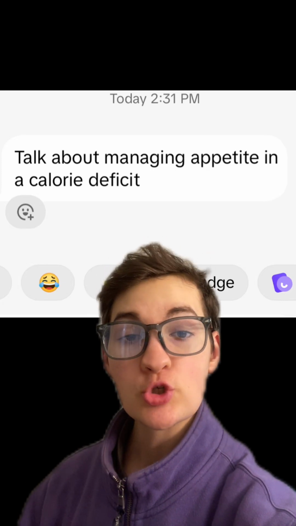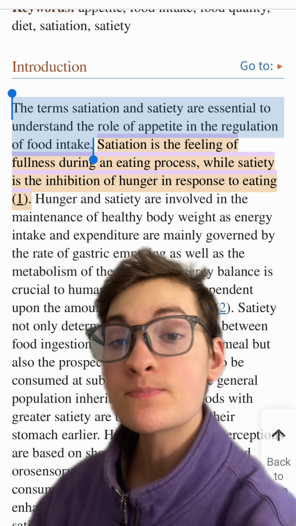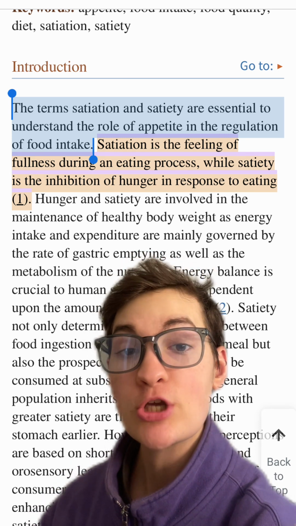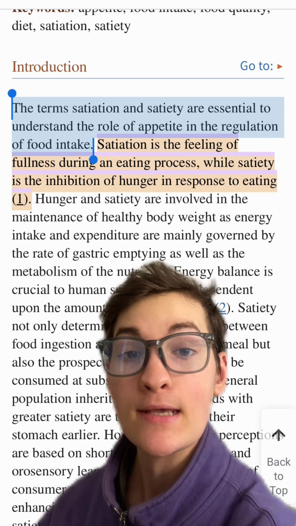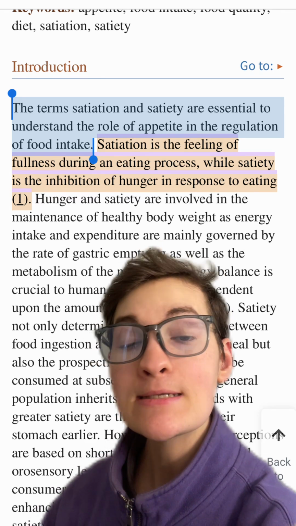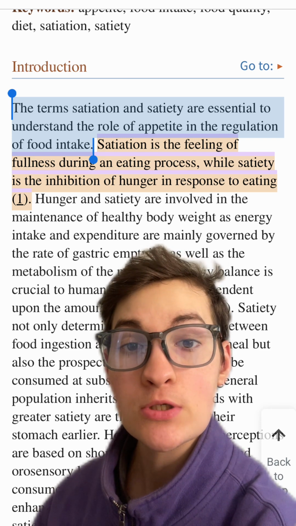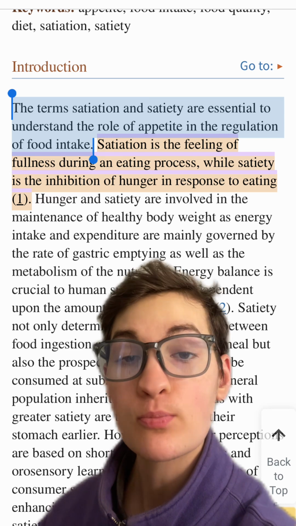Can you talk about managing your appetite in a caloric deficit? This is a fun and exciting topic that is best started by delineating between satiation and satiety. Satiation is the process of feeling full during eating. That would stop you from continuing to eat. Satiety is the inhibition of hunger between meals and can be best described as the duration of appetite suppression between